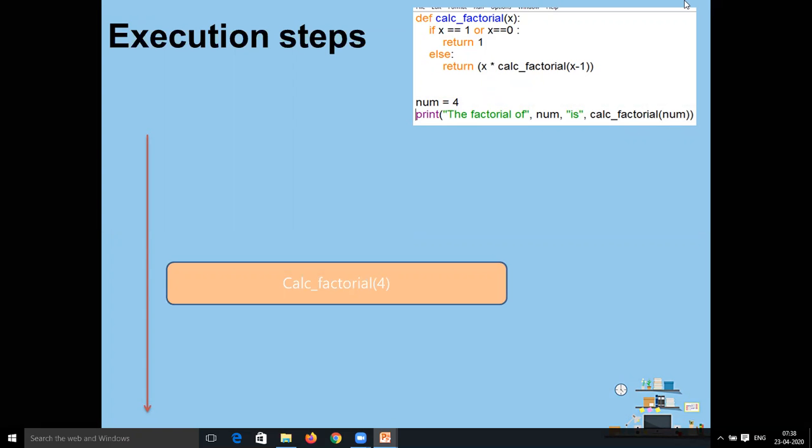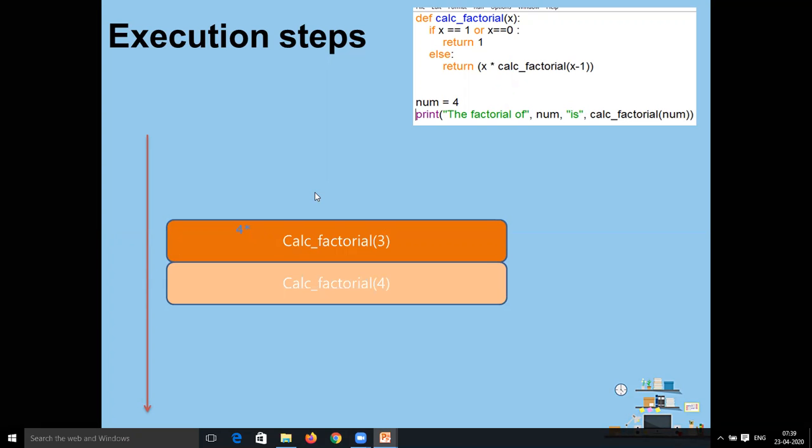Now this function calling is going to return the value 4 into calc_factorial(3).